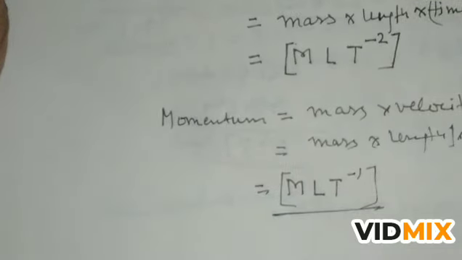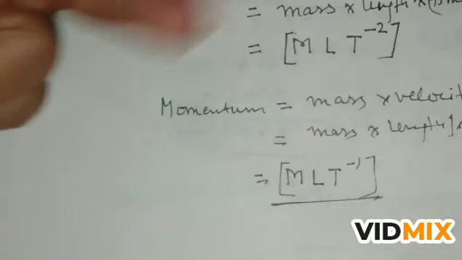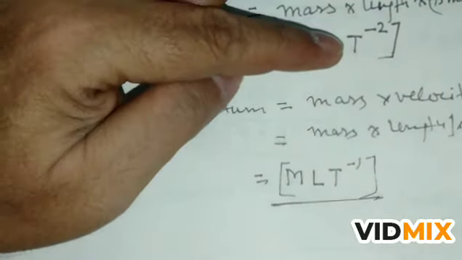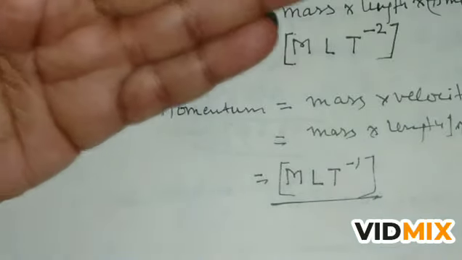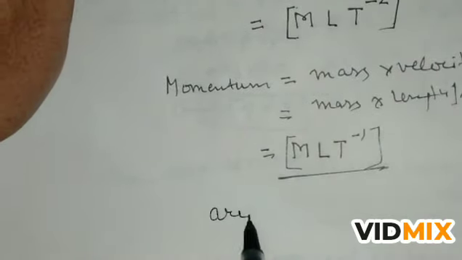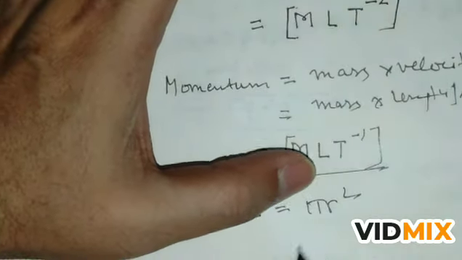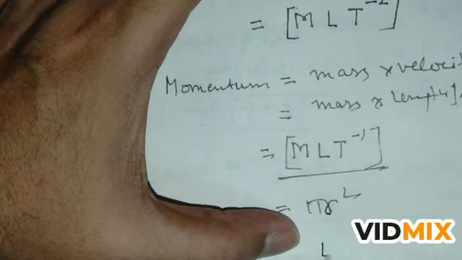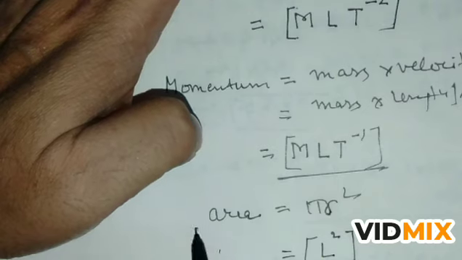So many quantities, so many units are there. You can find the dimension on your own, by keeping in mind that for mass we are using M, for length we are using L, and for time we are using T. कोई भी कांस्टेंट अगर होगा उसका कोई डायमेंशन नहीं होगा. Suppose area of circle is pi r square, so dimension of pi, there is no dimension of it, and radius we can measure in length, so it will be L to the power 2. This is the dimension of area of circle.